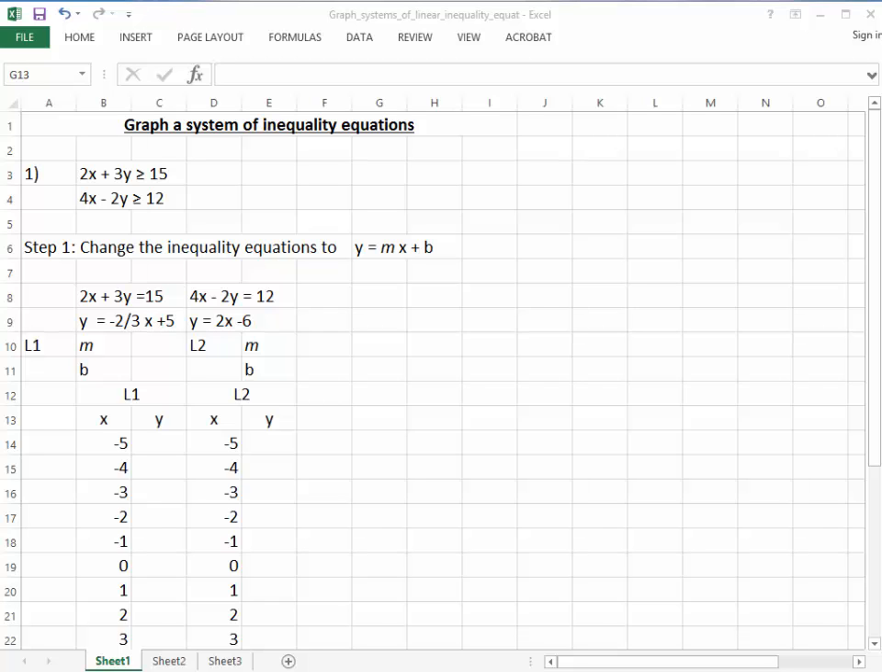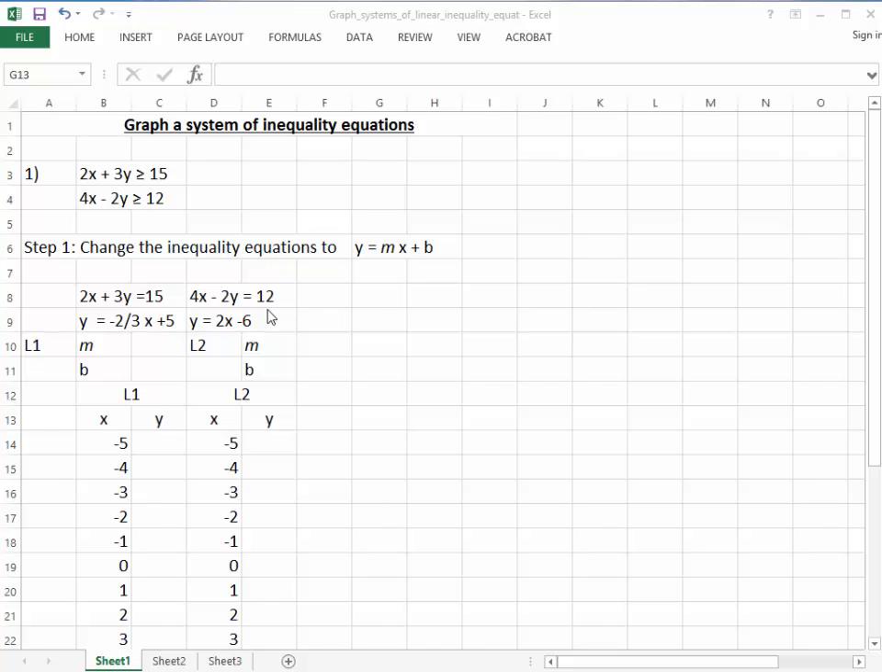In this video, we're going to graph a system of inequalities. The first inequality is 2x plus 3y is greater than or equal to 15. To graph it, we're going to use the line 2x plus 3y equals 15. The second inequality is 4x minus 2y is greater than or equal to 12. Again, we're going to change it to 4x minus 2y equals 12 to get the line, and then